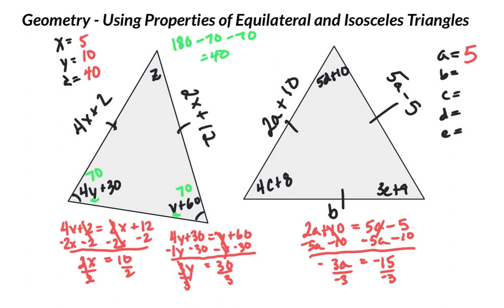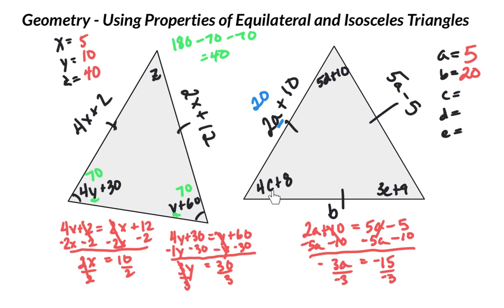Now, my next one in here is b. That's just the entire side length. So here's what I'm going to do. I'm going to plug 5 back in here. So 2 times 5 is 10, plus 10. So this side length is 20. Well, then all of the side lengths are 20. That means it's equilateral. So just substituting that back in, the a that I solved for gave me that. Next up,